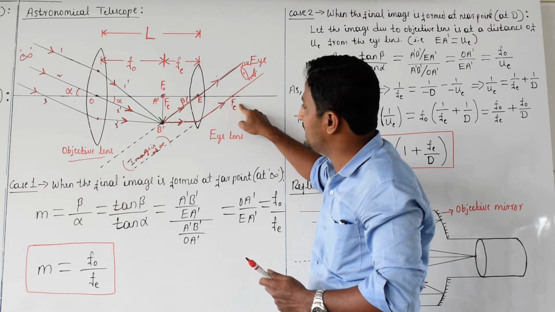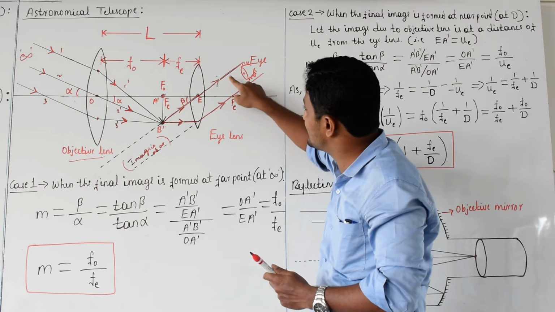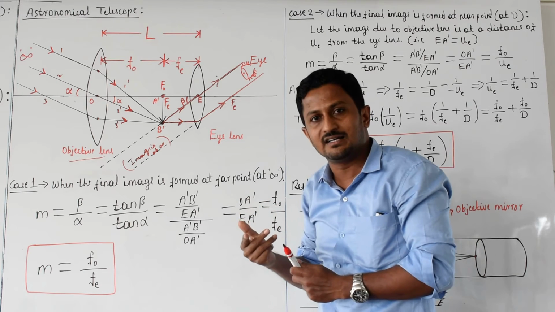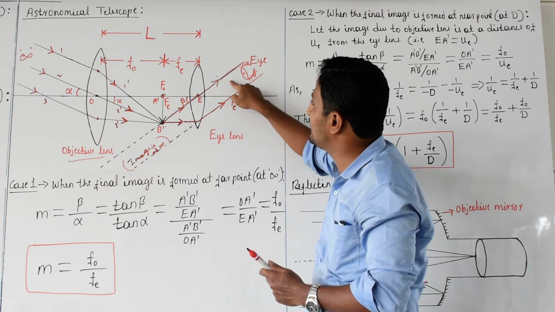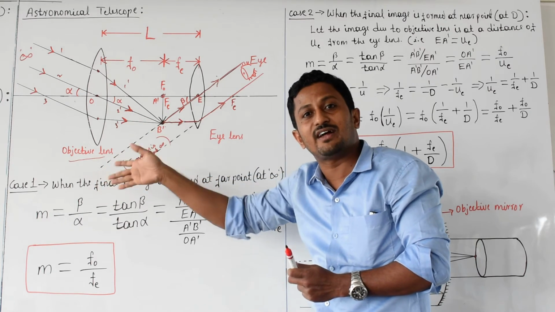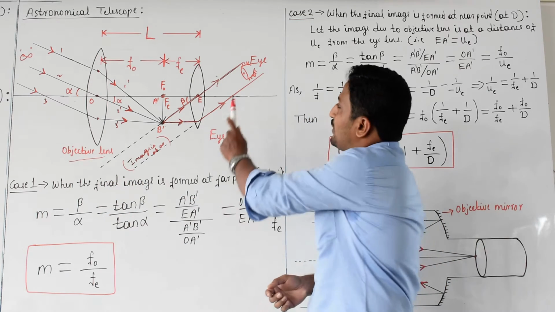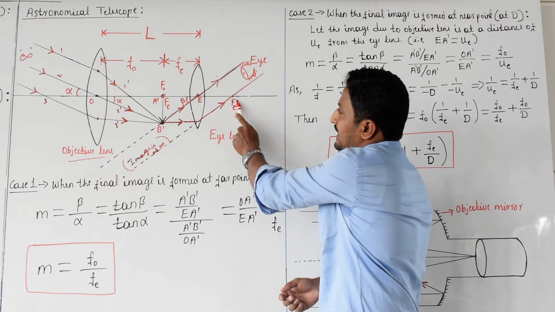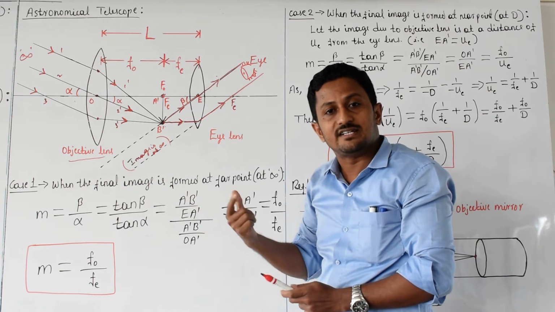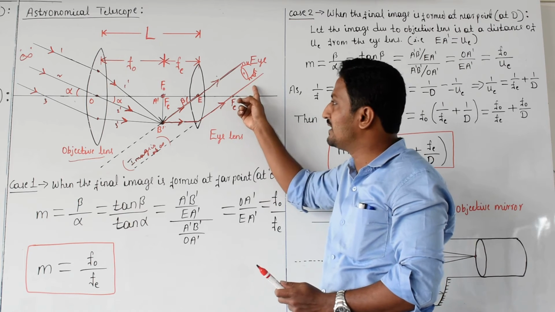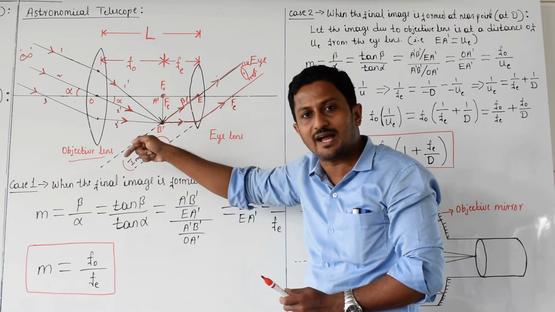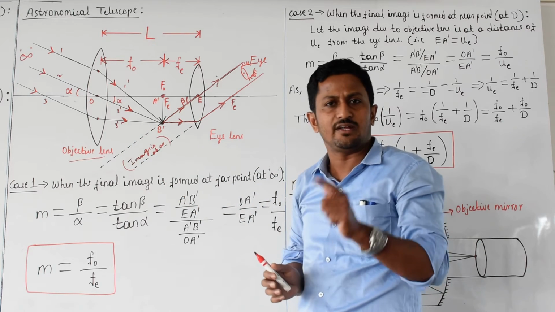These two light rays are parallel with respect to each other. Then your eye will feel that these two finally received light rays came from infinite distance. So for your eye, these two light rays look like they came from infinite distance. I mean, your eye will feel the image of this object A dash B dash is formed at infinity. Getting what I mean to say?